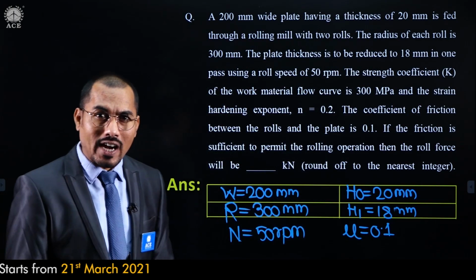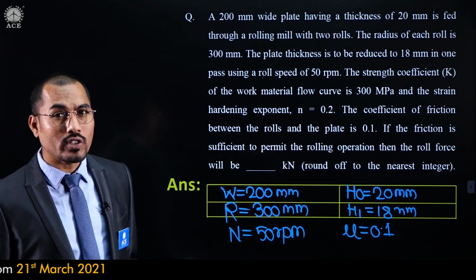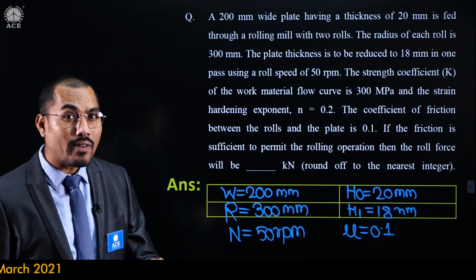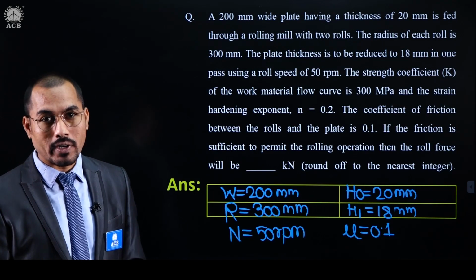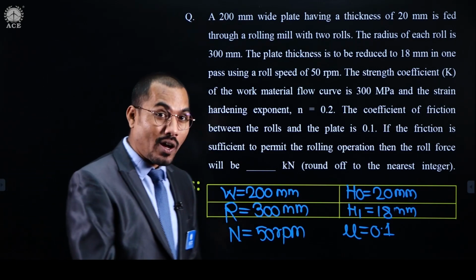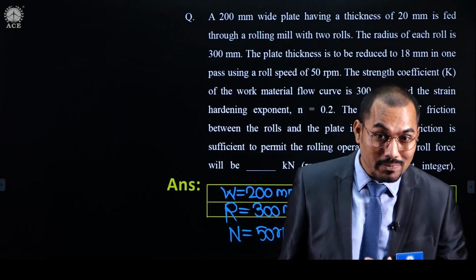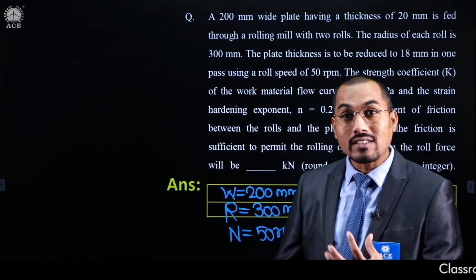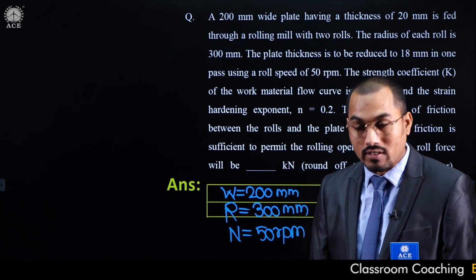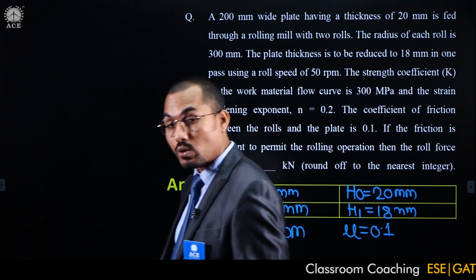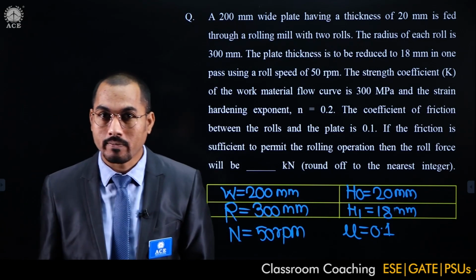So it has been observed that the friction value is given as 0.1, which is very low as far as rolling operation is concerned, which means that this is a cold rolling operation. If it had been a hot rolling operation, the value of friction must be greater than 0.2, because we know that the sticking friction increases there, as material can easily stick to the surface, and because of that friction increases. So that could be a hot rolling operation.